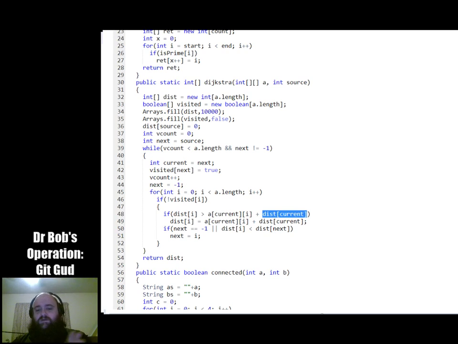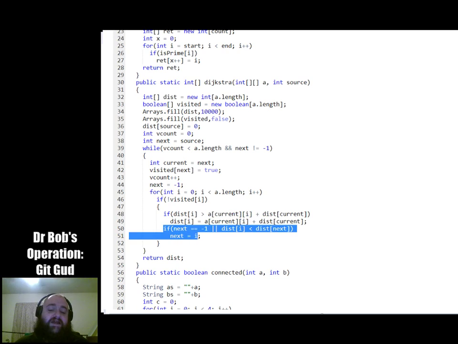So the distance of the current node plus the length of the edge from the current node to I. If it's greater than that, then we'll replace the distance of I with that better distance. Now, in the event that there's not an edge, this will be 10,000, so it'll definitely be greater. It'll definitely be bigger than this distance.